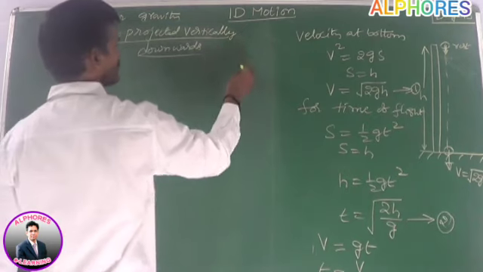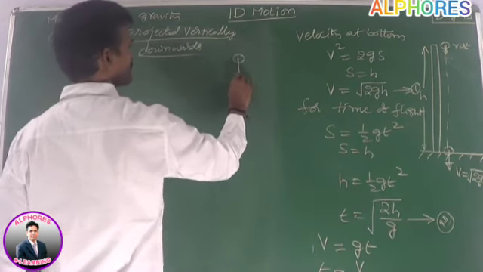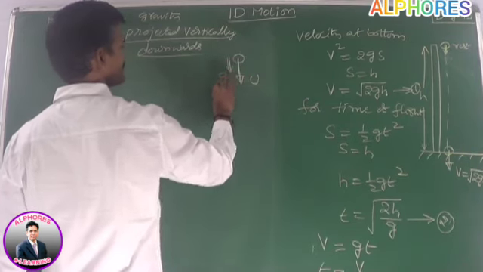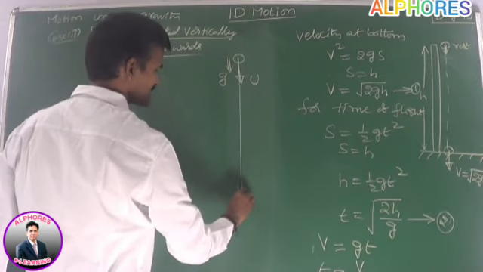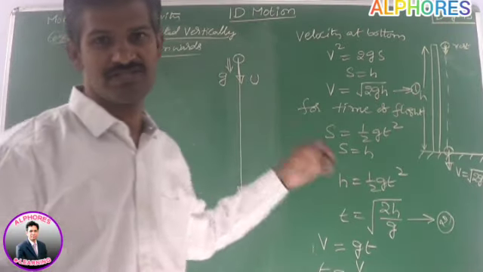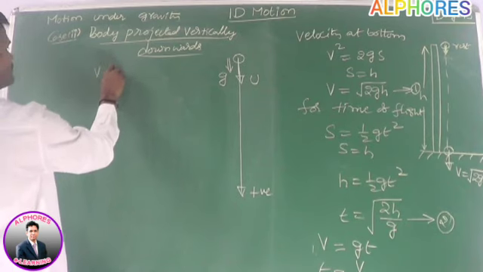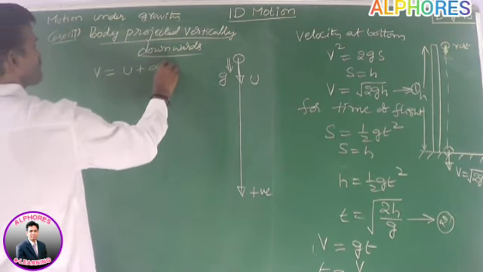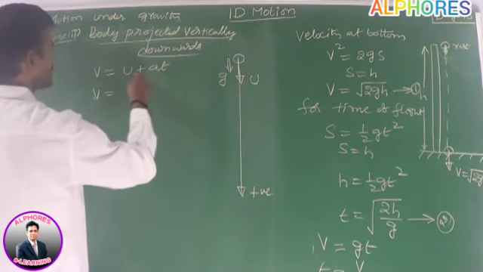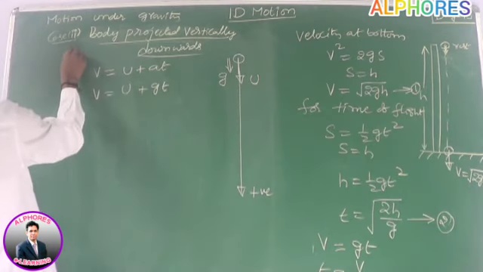Body projected vertically downwards. Suppose I project a body vertically downwards with some initial velocity u. Under gravity it experiences an acceleration, that is g. Again, I am selecting the downward direction as the positive direction. In this case, how do we write the equations of motion? Our first equation here is v equal to u plus at. It changes to v is equal to u plus g into t,